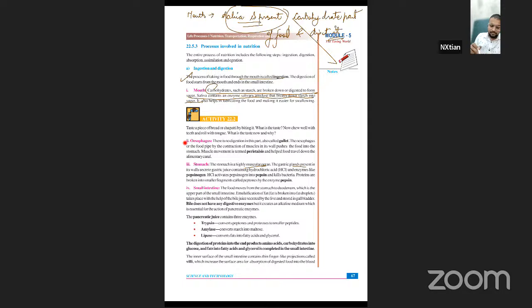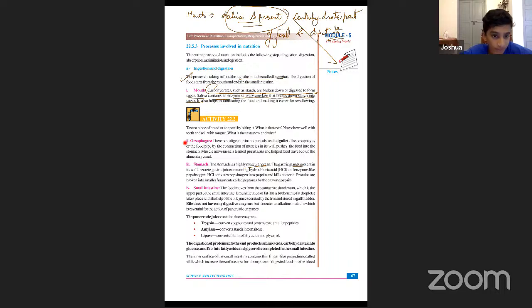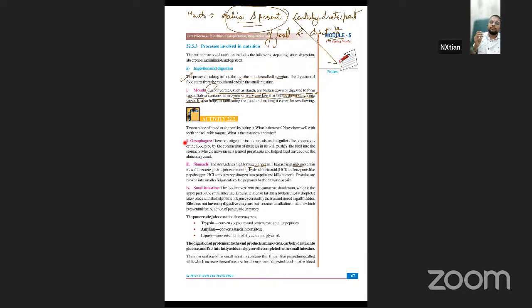Next, read this. The esophagus, or the food pipe, by the contraction of muscles in its walls, pushes the food into the stomach. This muscle movement is termed peristalsis and helps food travel down the alimentary canal. So peristalsis, or peristaltic movement, are the terms for the rhythmic contraction and relaxation that occurs so that the food will go from